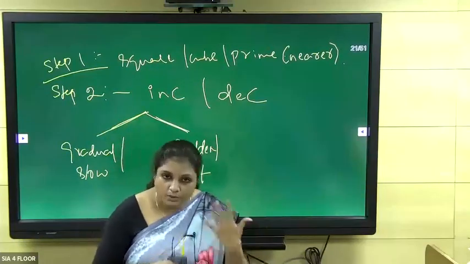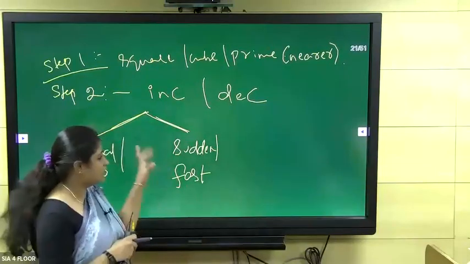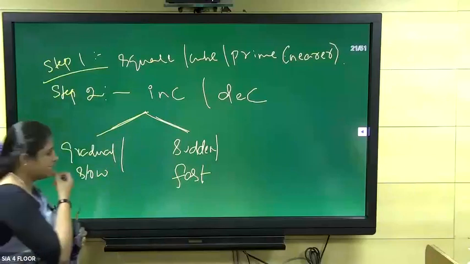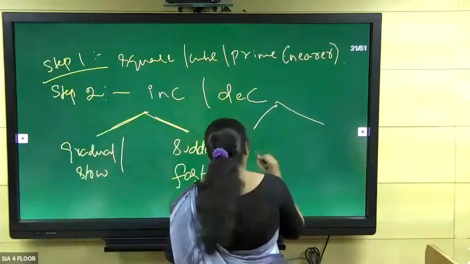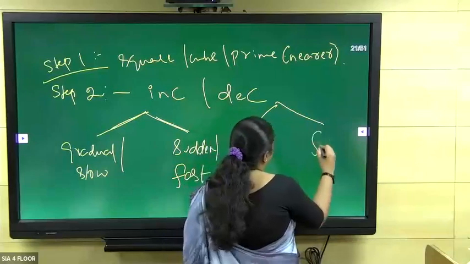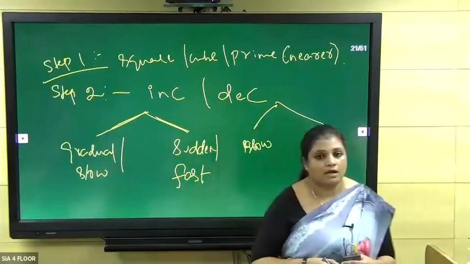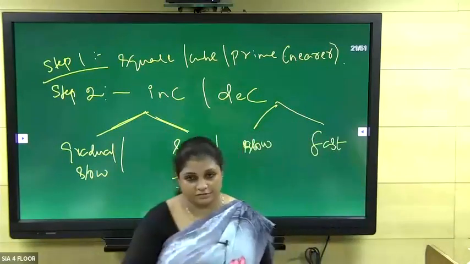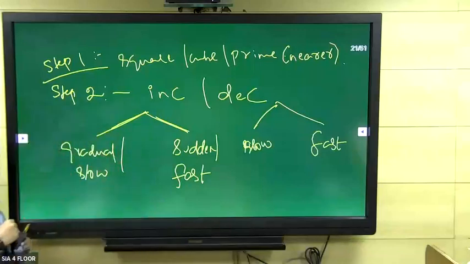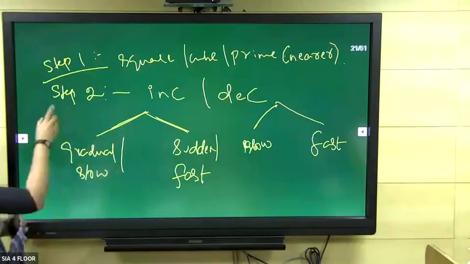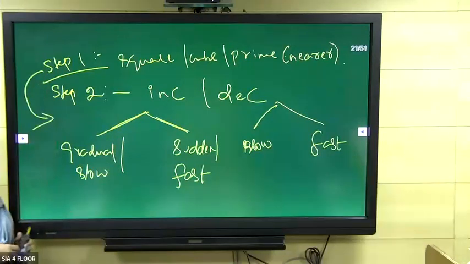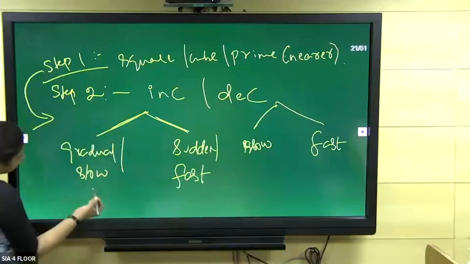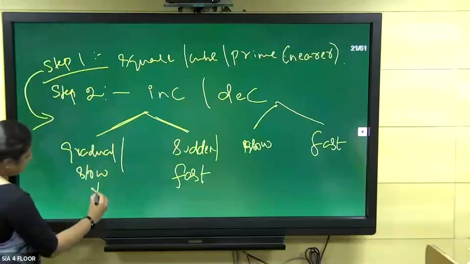You'll come to know by practice whether it's slow or gradual. Next comes decrease. Decrease is again the same: it may be either a gradual decrease or a fast decrease. So step number 2 is identifying how the sequence progresses, in increasing or decreasing order. If not step number 1, you come to step number 2. Then again this is divided into two. If it is a slow increase, then it is a simple addition.